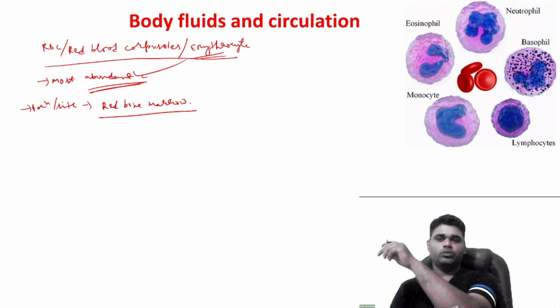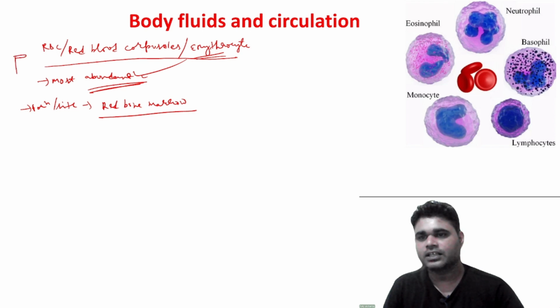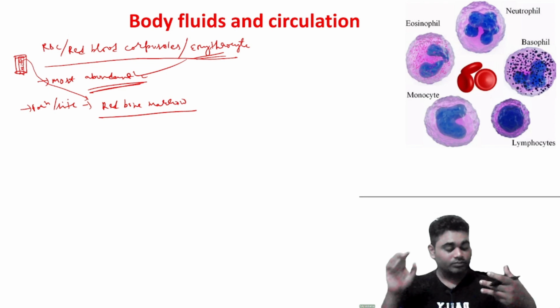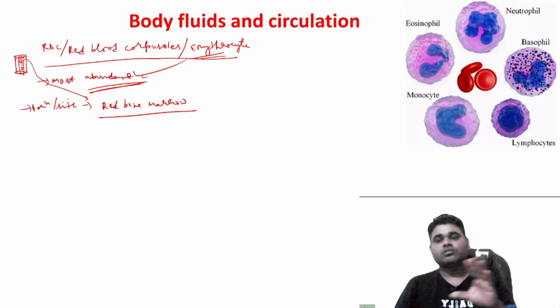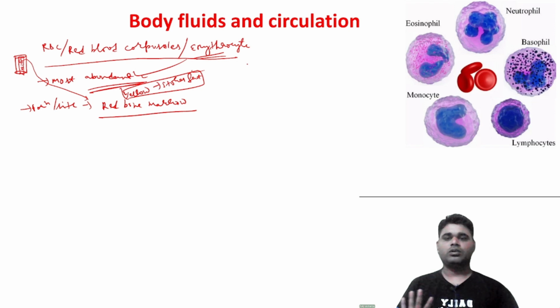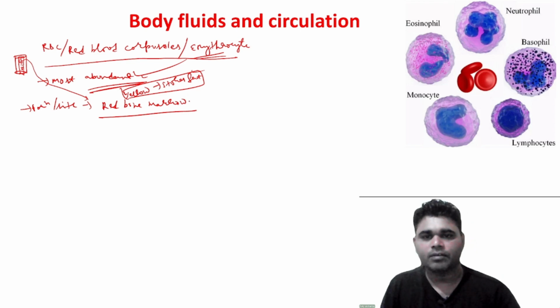So, in our skeletal bone, let us suppose this is the skeleton bone, in the middle there are some materials present, and this is called the red bone marrow. So, this red bone marrow forms the blood. Actually, there are two types of bone marrow. One is called the yellow bone marrow. The yellow bone marrow stores fat, but there is no link of the yellow bone marrow with the blood. So, in our body the red bone marrow forms the blood, and the formation of the blood is called